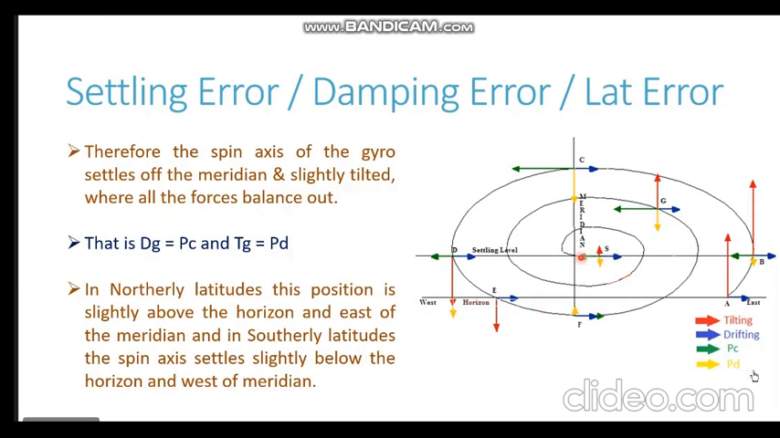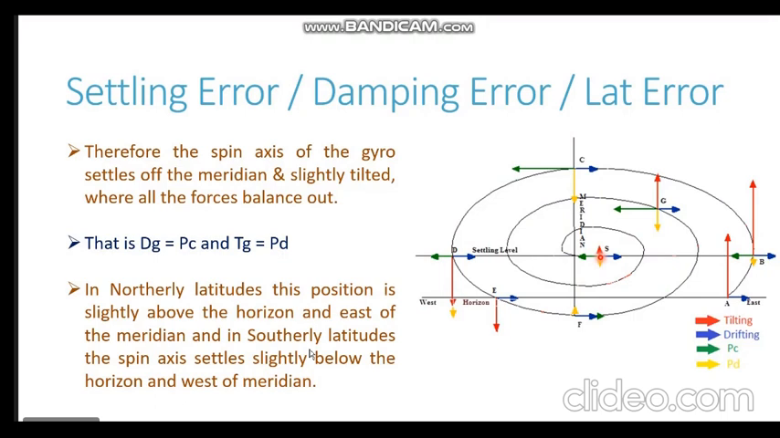To generate the westerly precession, the spin axis needs to be tilted upwards. So you can see we have the horizon here and our settling position is upward of the horizon. So we have a positive tilt which generates this westerly precession. Also, you can see that tilting is exactly equal and opposite to the damping precession, which is the yellow arrow. So basically at this position, drifting is equal to PC, control precession, and tilting is equal to PD, the damping